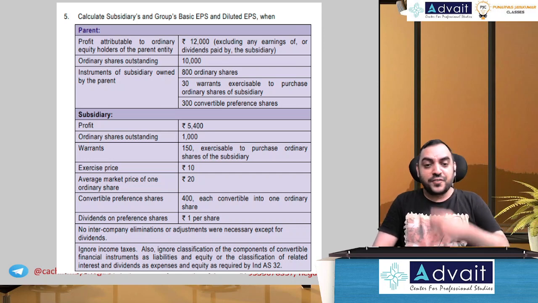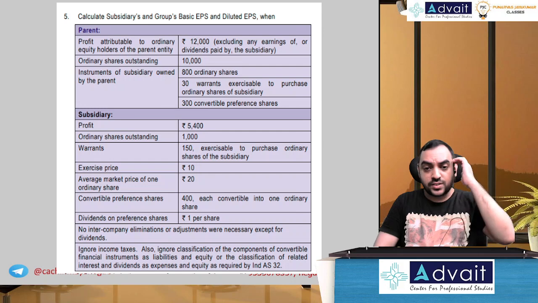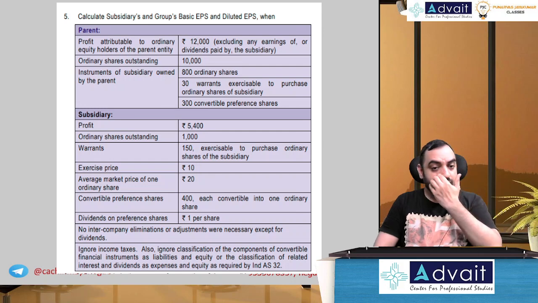Subsidiary profit 5,400, ordinary shares outstanding 1,000, warrants 150 exercisable to purchase the ordinary shares of subsidiary, exercise